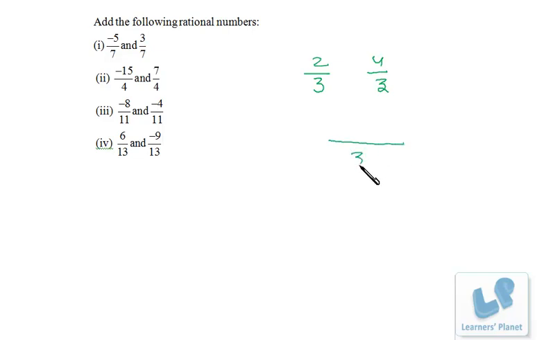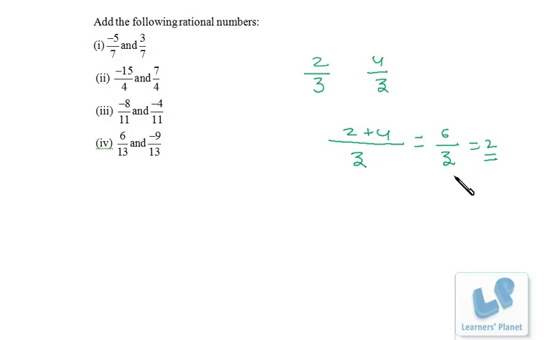So what you do? This is the second step, right? Okay, just take the denominator over here. Then add the numerator as it is. Okay, so 2 plus 4, 6 by 3. So 6 by 3 is what? 2. Okay, so this is how we can add the